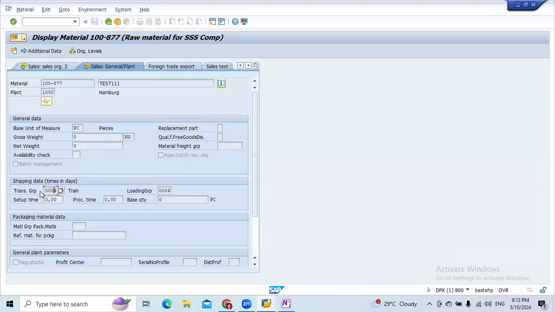plant. Maybe this is something not needed actually, but I have just added it. This is a raw material, and you are not going to sell this raw material to a different customer, but just make a note of it. Logically speaking, this is the raw material, and it is expected to come to this particular plant. But since we are in this sales general plant, it talks about the delivery or the sales of this particular material. So ideally speaking, these things, like loading group, are not supposed to be entered, or maybe sometimes what